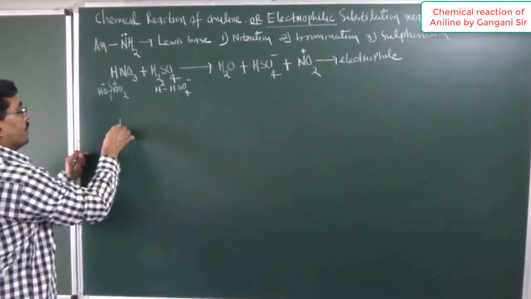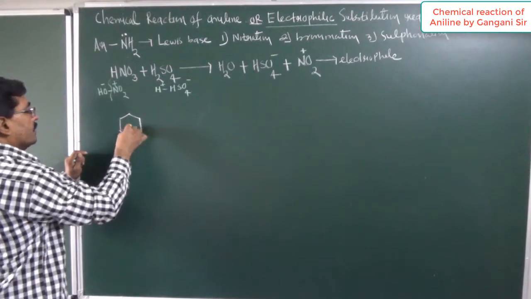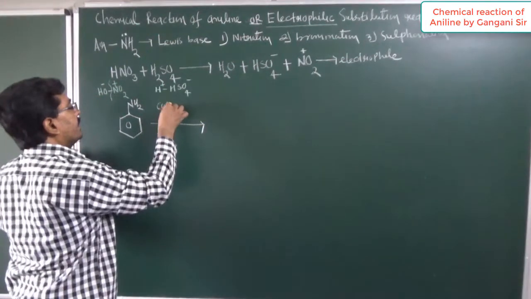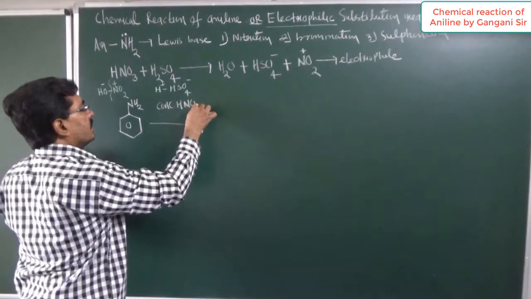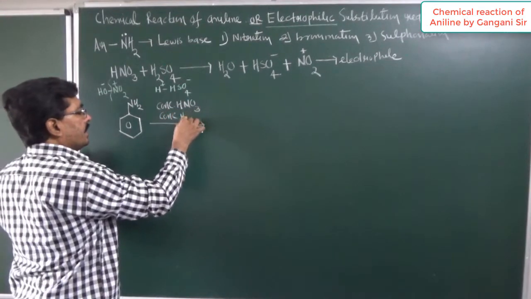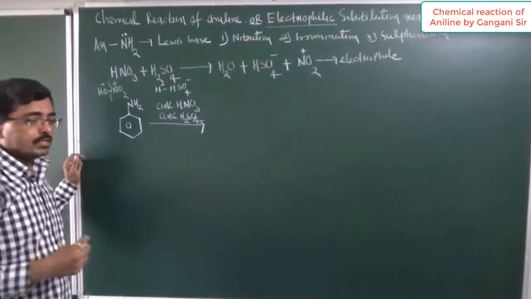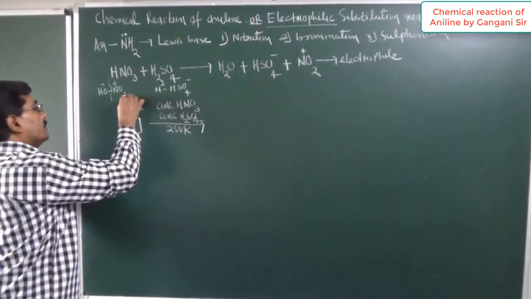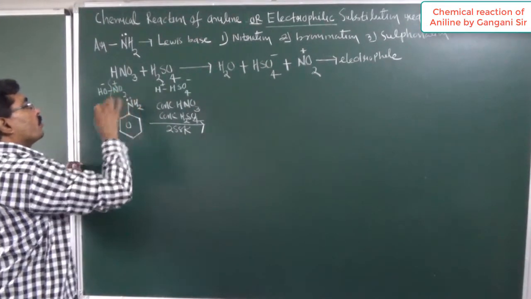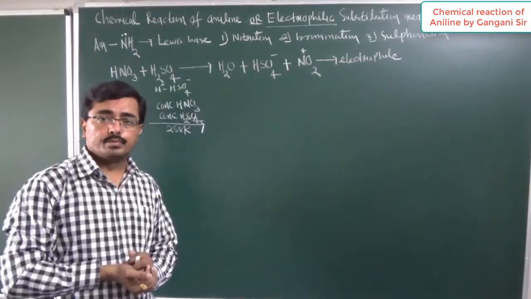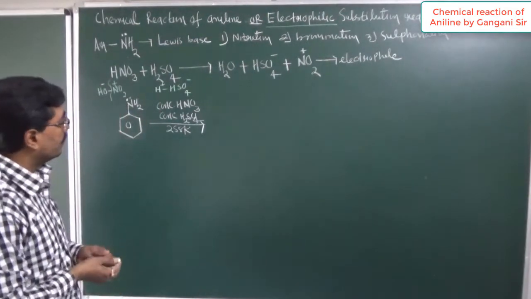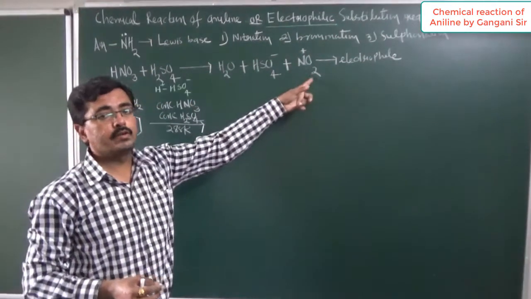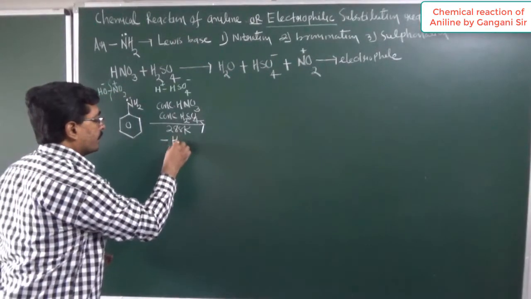Now as an aromatic amine we will take aniline. Aniline is allowed to react with concentrated nitric acid as well as concentrated sulfuric acid, and the temperature of reaction I will maintain up to 288 Kelvin. You know very well, here the amino group is an ortho-para directing group. So when these two things mix, we get three things: water, HSO4 minus and NO2 plus. Water will be obtained first as a byproduct.